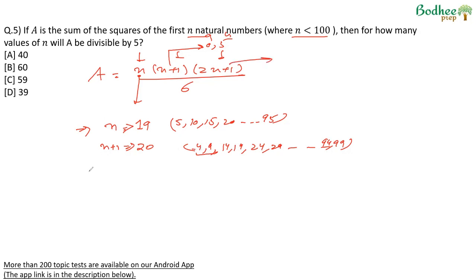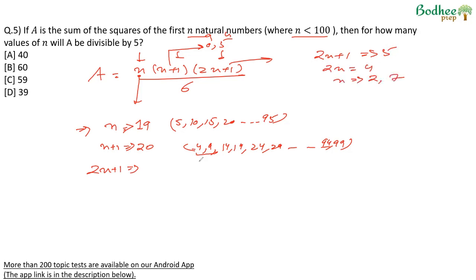The third possibility is 2n plus 1 is a multiple of 5. 2n plus 1 will be odd because 2n is even, 1 is odd. So 2n plus 1 cannot end in 0, but 2n plus 1 can end in 5. If 2n plus 1 ends in 5, 2n has to end in 4, and therefore n can end in either